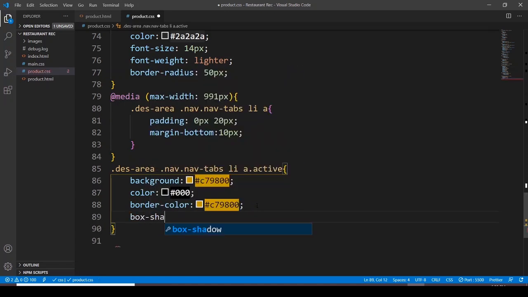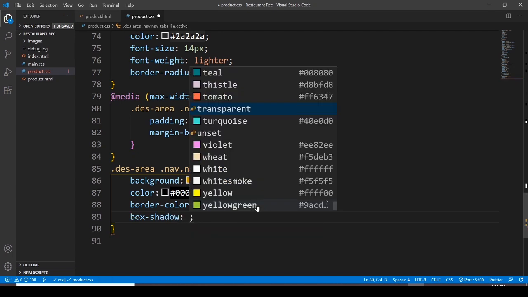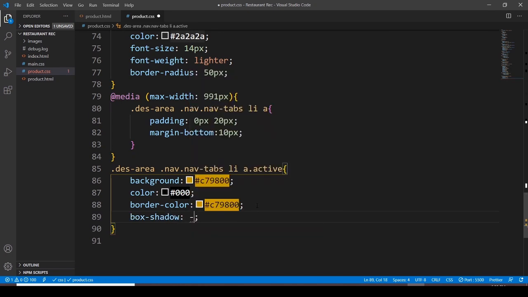So the box shadow is going to be -1.7 and 7 pixel, and then I want to go with the, you know what, let me go with the okay,